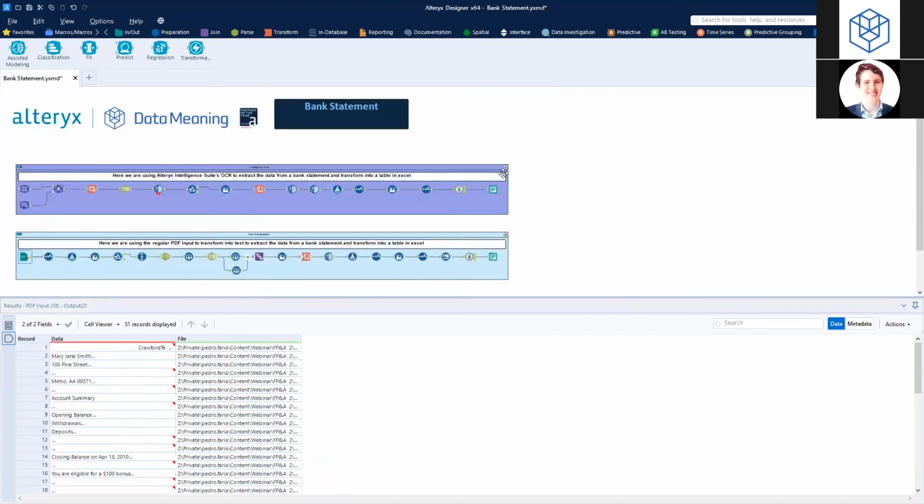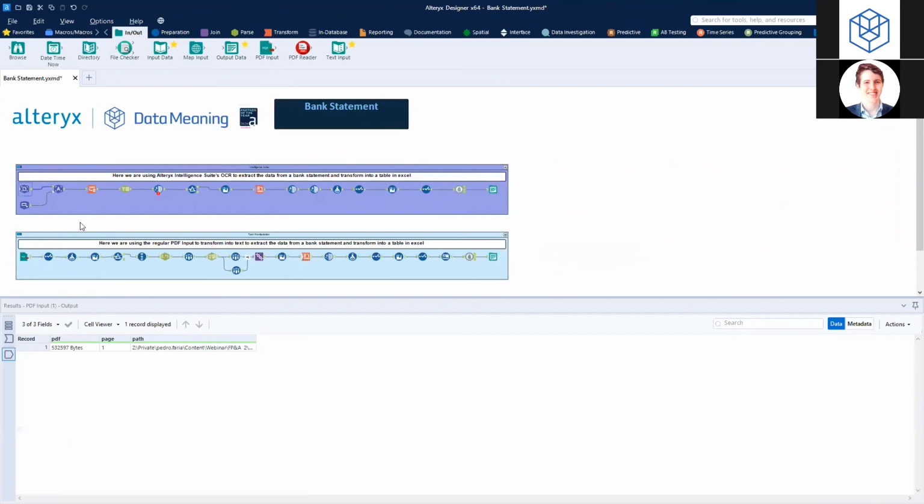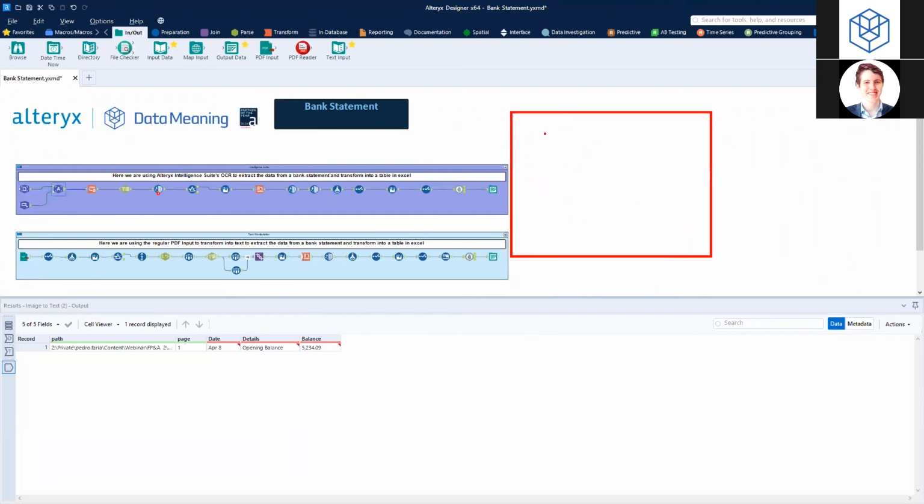As I mentioned, you have the Intelligence Suite right here at the top. The IS, I like to call it. However, you also have the regular Designer version, which uses something called a PDF input. This was downloaded directly from the Alteryx gallery, which is free. The difference between them: one is using OCR to extract the data that you highlight. So you really have to highlight something, and then whatever you highlighted is being extracted. And the other one